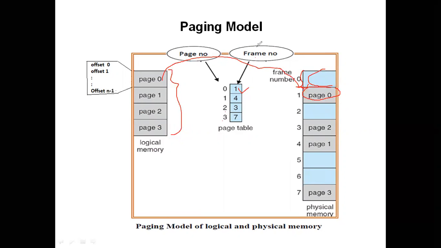So this is how a paging model works. Every process is divided into fixed size pages, and the size of each page is equal to the size of the frames in memory. And whenever a process needs to be loaded, these pages may be loaded to non-contiguous memory locations. But what we have to do is maintain the page table to show that the following page number is loaded in the particular frame number. So this is how it works.